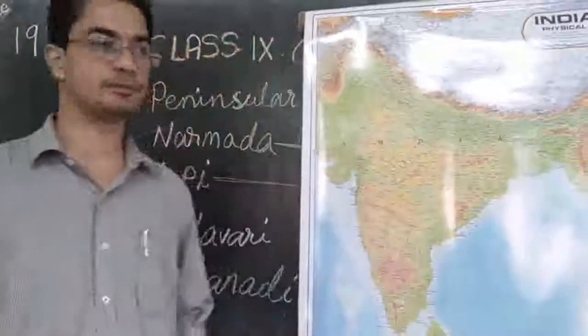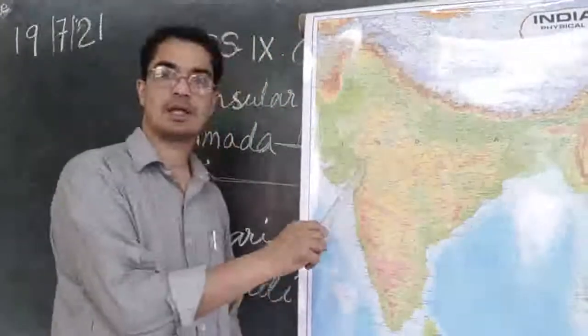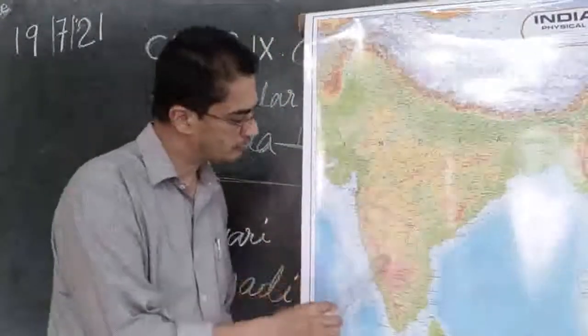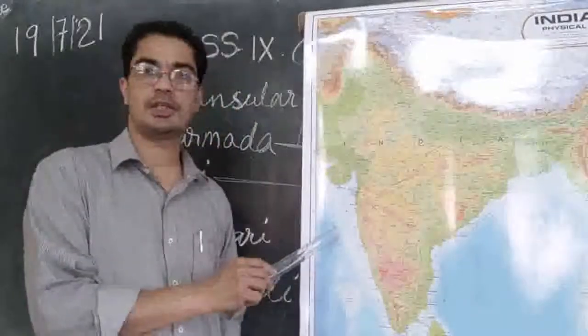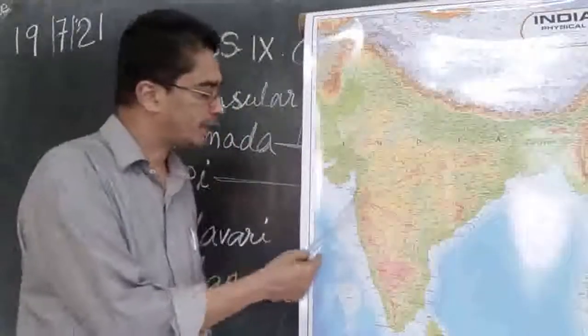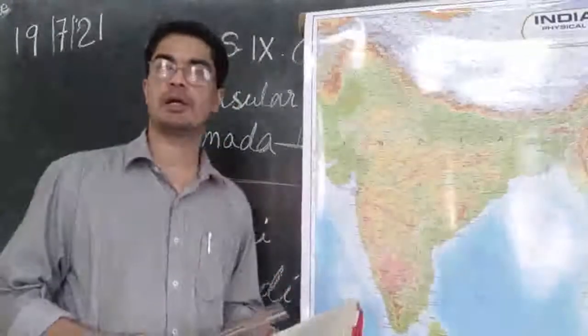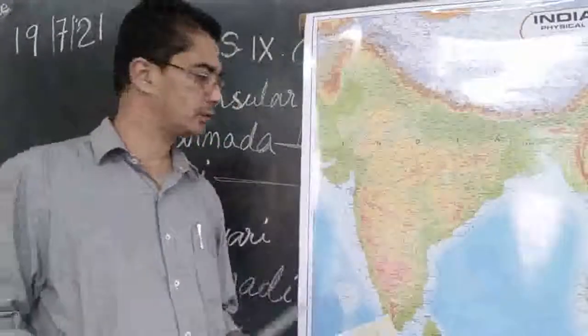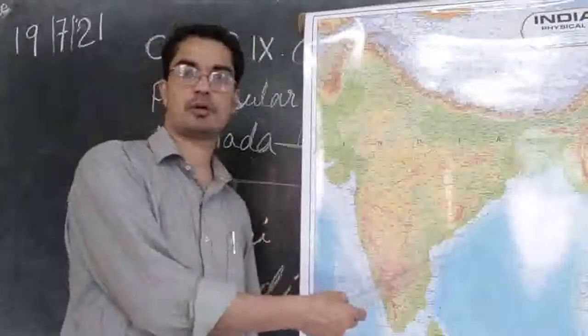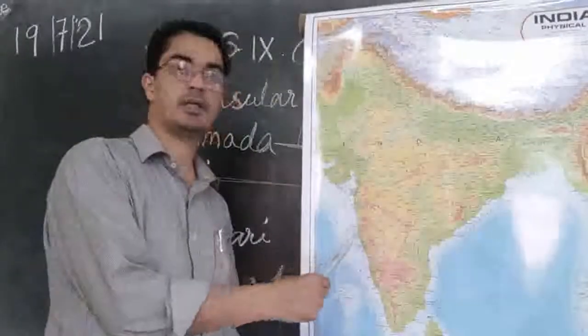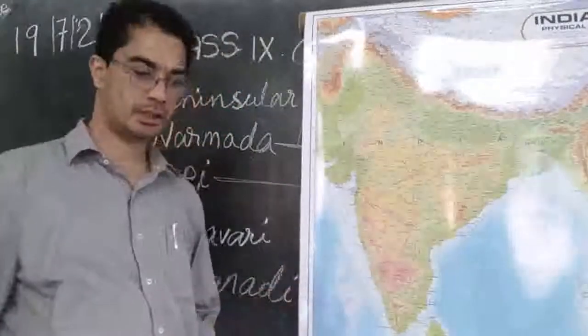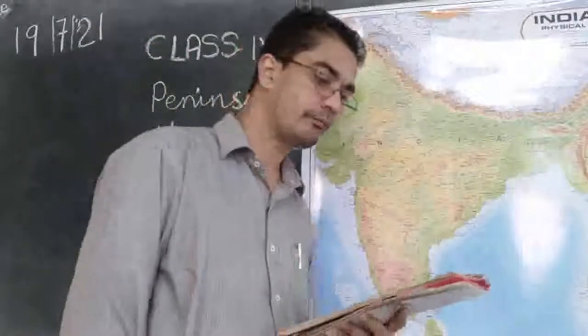I hope it is visible. So the Western Ghats are here and the Arabian Sea is here, and the place between the Arabian Sea and the Western Ghats is very narrow, not very broad. But here we will find it more broad, while here in the Western Ghats it is very narrow,